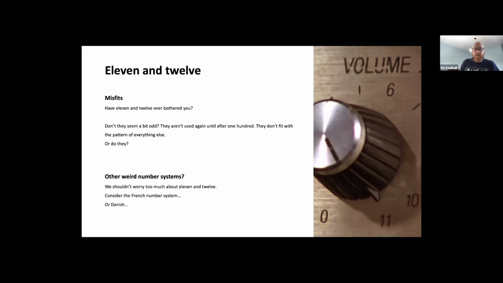But don't worry about our number system. While it is a little bit odd, the Chinese do have it slightly easier. Their number system, literally translated, kind of goes 1, 2, 3, 4, 5, 6, 7, 8, 9, 10, 10 and 1, 10 and 2, 10 and 3, 10 and 4, and so on. So that's a slightly nicer system. But there are far worse systems as well.